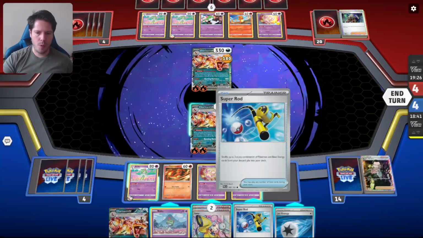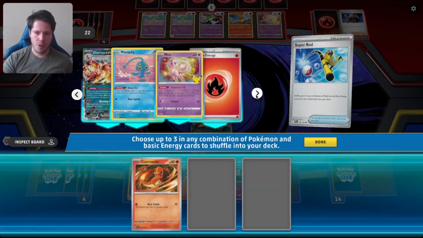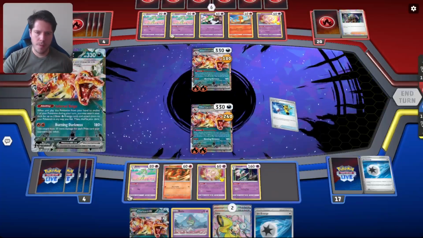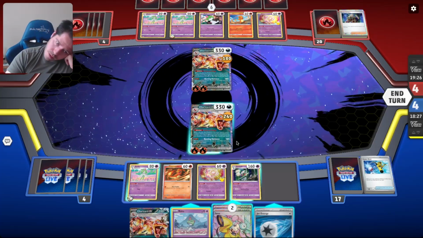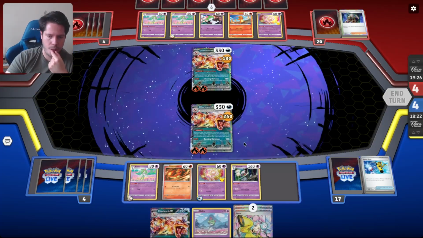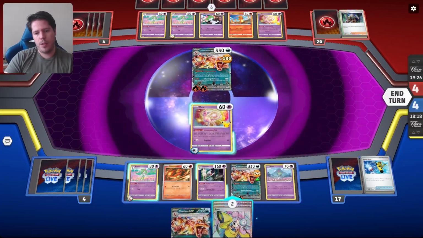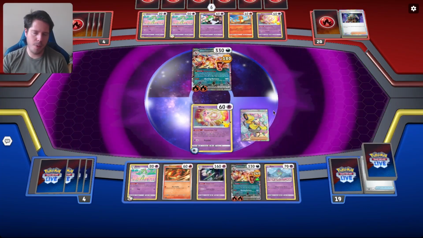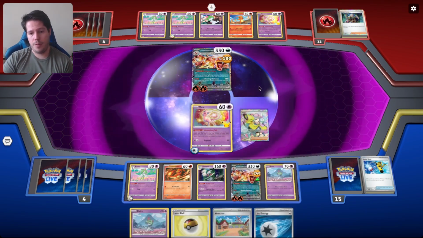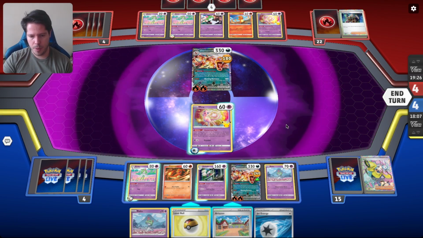Okay, so let's go Super Rod. Back the Charmander and the 2 fires. And then I kinda want to do this. And I think I am going to bench the Ralts. And then we'll go ahead and Iono here, reducing the chance of my opponent going Rare Candy Charizard EX as much as possible. 1 Charizard EX is at the bottom of the deck,